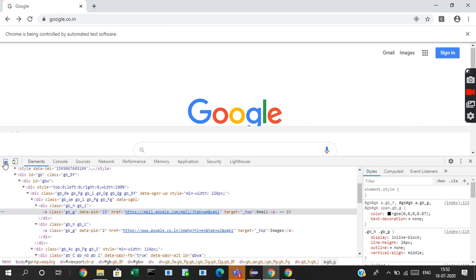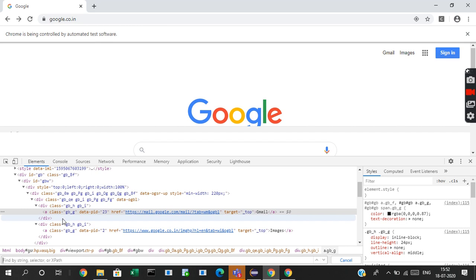So what you need to see here is the difference between both of these. Both of them are having the same tag name, that is A. Class name is also same. Then URL is different and the text is different. So using the tag name, you can make an XPath which will be used only for that particular GUI element. So the tag name is A. You write a square bracket, at the rate.